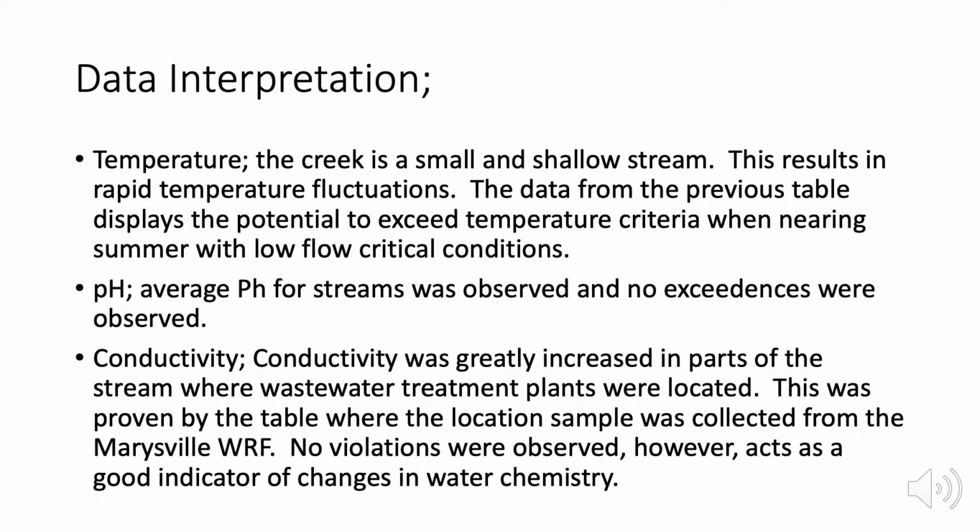So what does all this mean? With all the tables and numbers and figures that we just looked at and evaluated, temperature. So the creek is a small and shallow stream. This results in rapid temperature fluctuations. So essentially, if you have a cold winter's day, it's going to be impacted a lot greater in temperature when compared to, let's say, a huge river like the Ohio River,